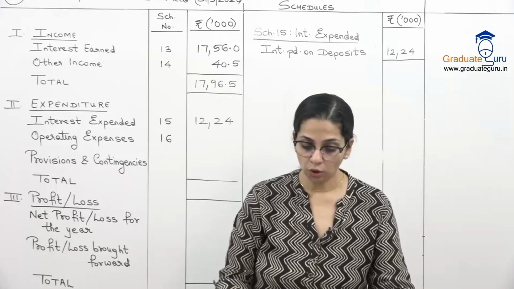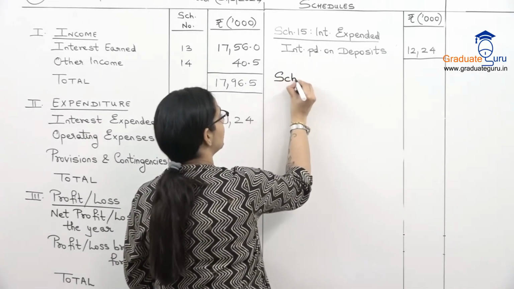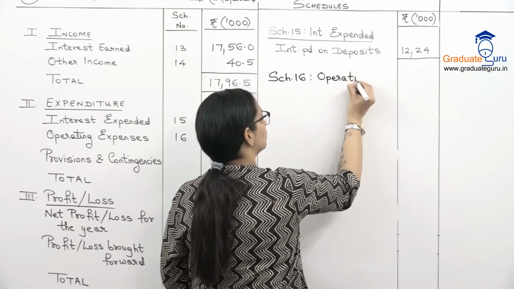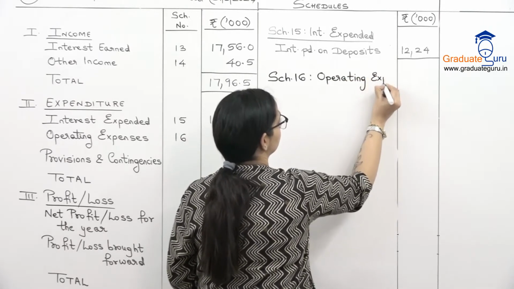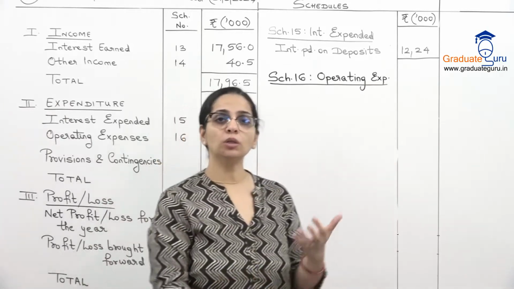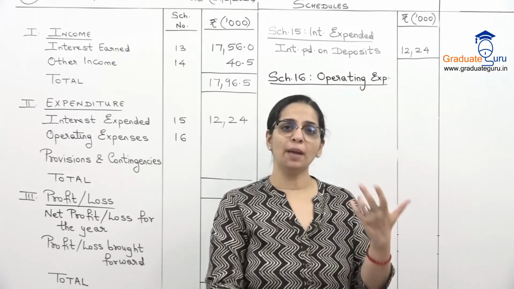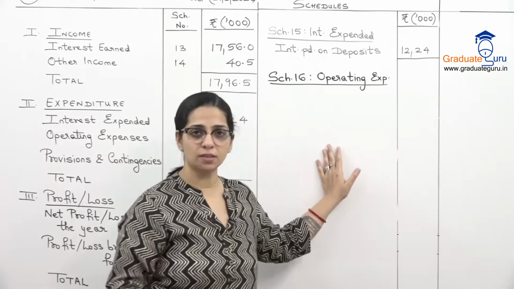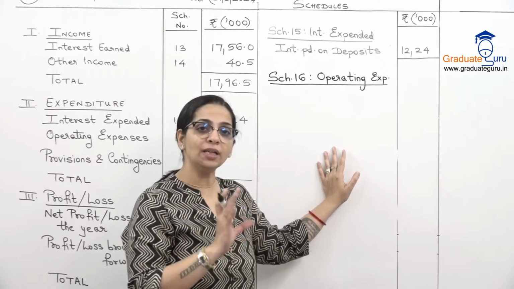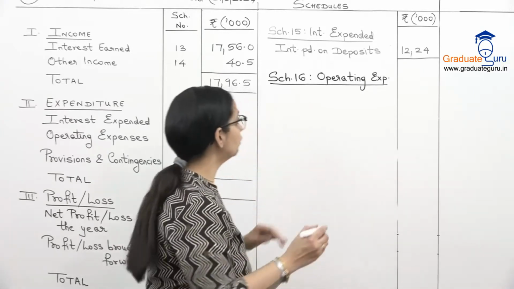Yeah. Now we'll go to schedule 16. So let's go to schedule 16, which is our operating expenses. Now here I will try to follow the format which is given originally in the Banking Act. Okay, but even if you can't remember, generally जो भी items है, you can list it down. You're not expected to know everything right to the T in the format. I will try to put it as much as possible in the order in which it is there in the original format.